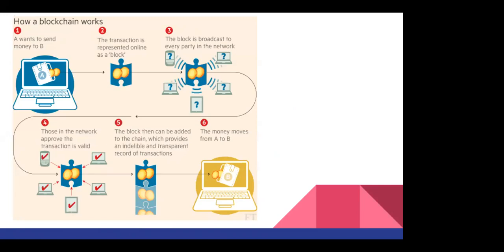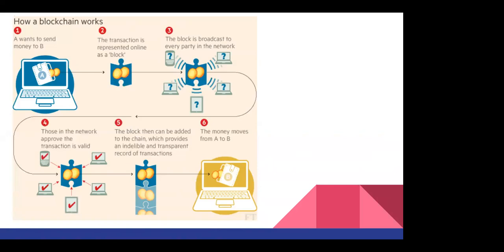So this is a little off, but basically each block will contain a number of transactions, and then there's a preset amount of time that passes. With Bitcoin, I believe it's 10 minutes. And every 10 minutes, the block is going to be added to the blockchain. And so essentially in the protocol,